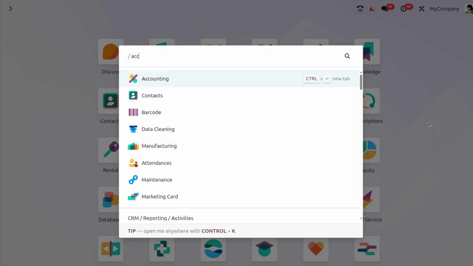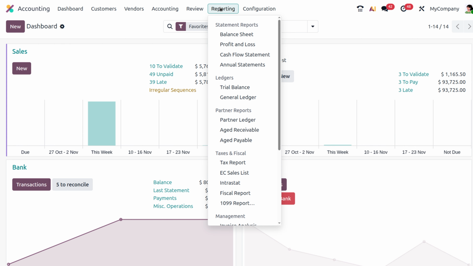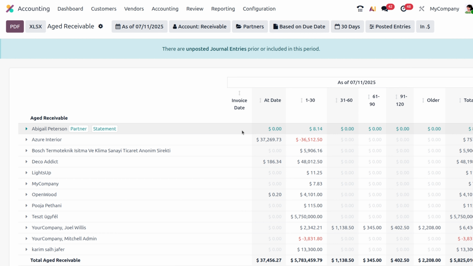For that, let's head over to the accounting module, and there you can find the reporting section. Under the reporting, you can find the partners report. Under there, you can find aged receivables and aged payables. So let's start with aged receivables. This report shows all unpaid customer invoices grouped